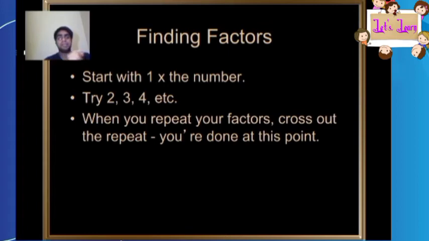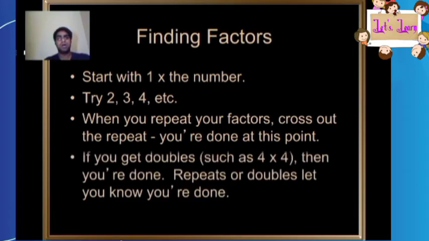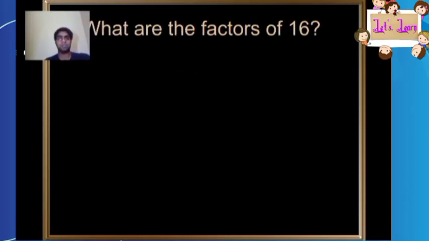Next, watch for repetition. Repetition means 2 into 2, 3 into 3, 4 into 4, that kind of thing appearing. Stop here. We have finished our process. Otherwise, if you repeat the factors, that means 1 into 3 is repeated as 3 into 1. Stop here. So you have to keep these two things in mind.